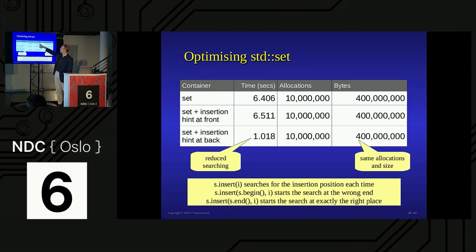Number of allocations, etc. Well, I could say, why don't I start somewhere else? You can provide a hint. I can give it exactly the wrong hint and say, why don't you start at the beginning? Essentially, I'm saying, you know that 10 million, why don't you start at 0 down here and see where you go? And then it has to go all the way through the tree, which is why it's slower. If, on the other hand, you say insert at the end, wow, here we go, much improved because it's now just at that one end. You've cut down all that search to the 24 to go. So watch out for things like hints.